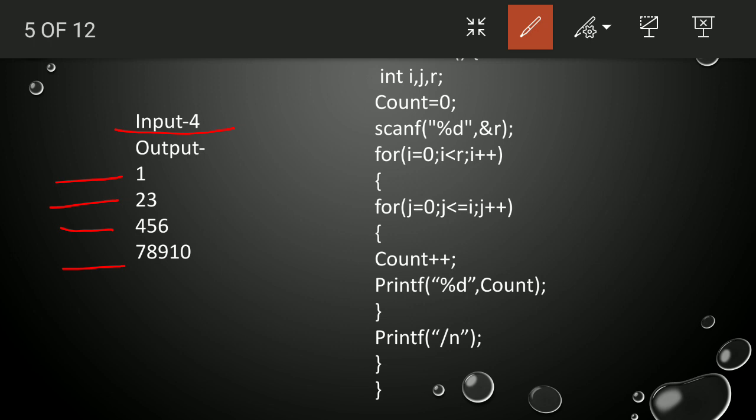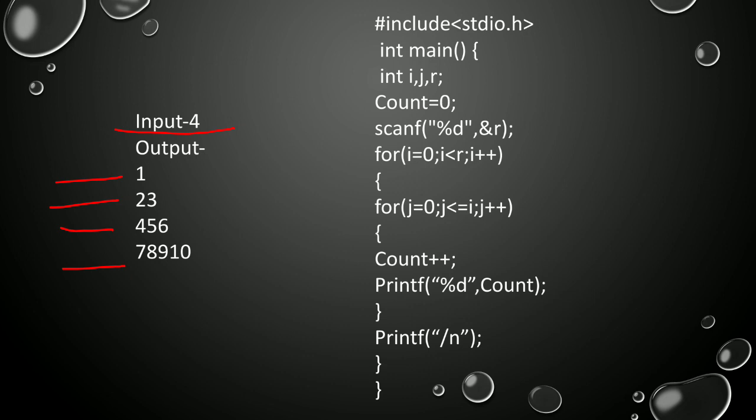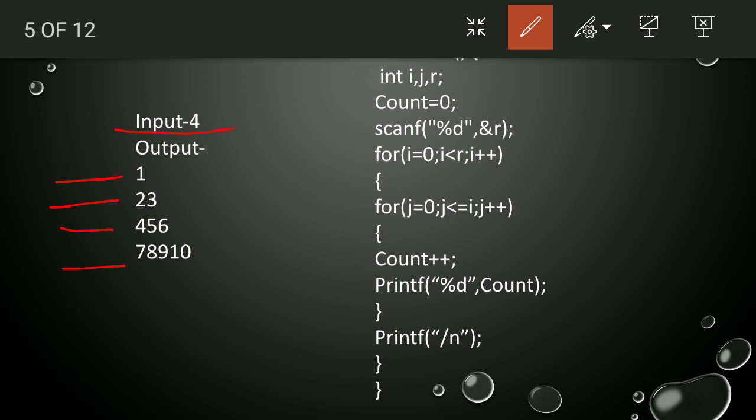So here we have taken the header files. Int main we have taken, and we have taken i, j and r. After proceeding, we will get to know why we have taken these many variables. Okay, so first we have taken 4, that is r, the number of rows we want to print, so r contains 4. The i loop will run from 0 to less than r, up to the number of rows: 0th row, 1st row, 2nd row and 3rd row. So i will iterate from 0 to the number of rows minus 1.